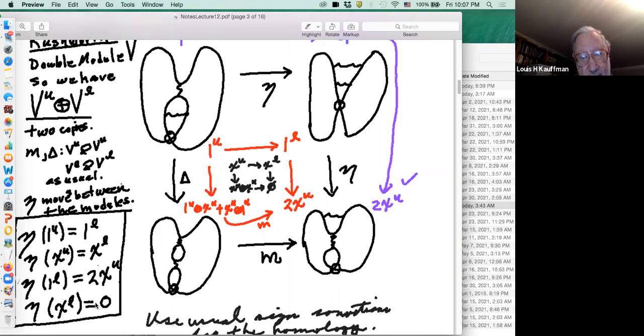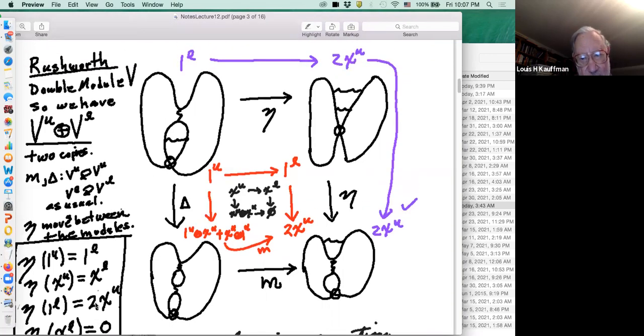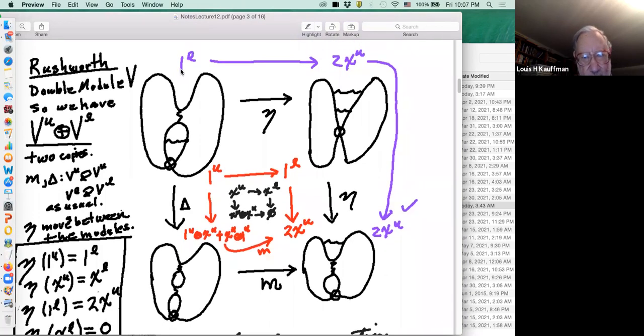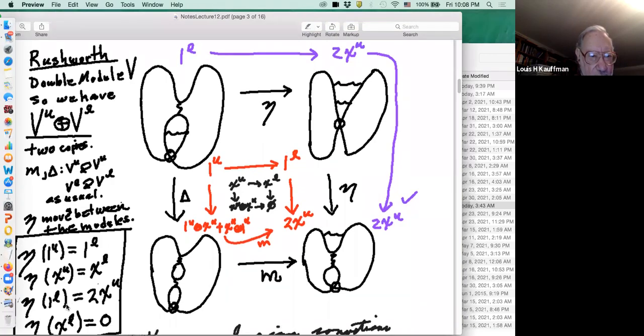And if you look to see what happens in the problem square, you realize that this method of defining the eta solves the problem. The eta is no longer 0. When you compose eta with eta on 1 upper L, for example, you get 2X upper U. That's the rule. 1 upper L goes to 2X upper U, and then X upper U goes to X upper L. And so you go,